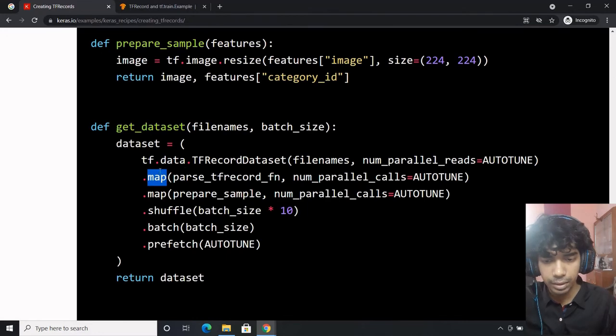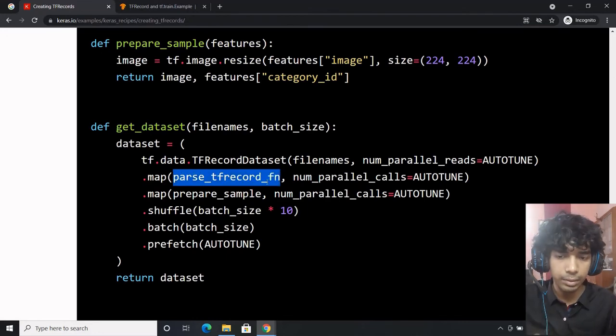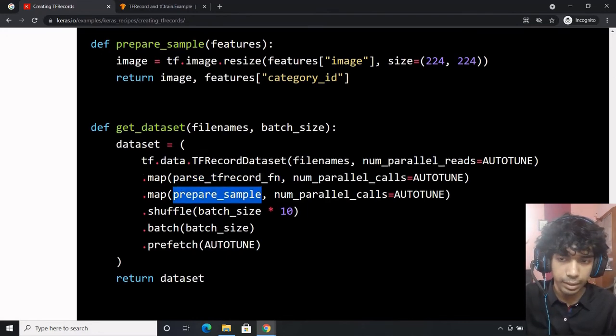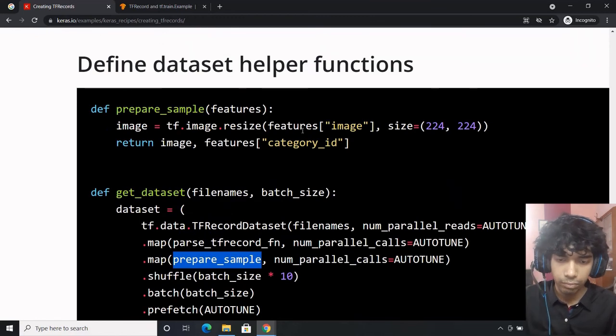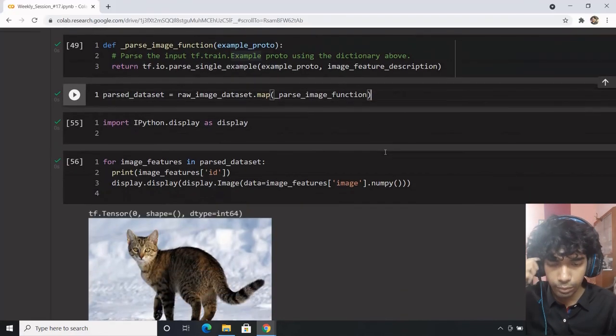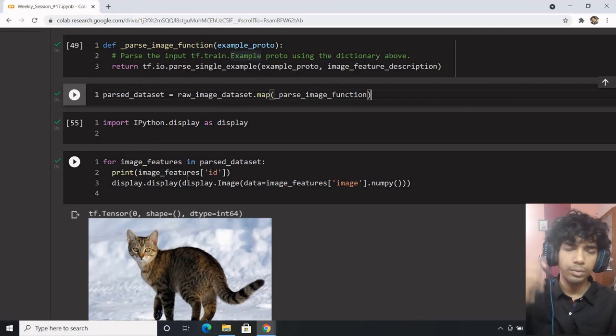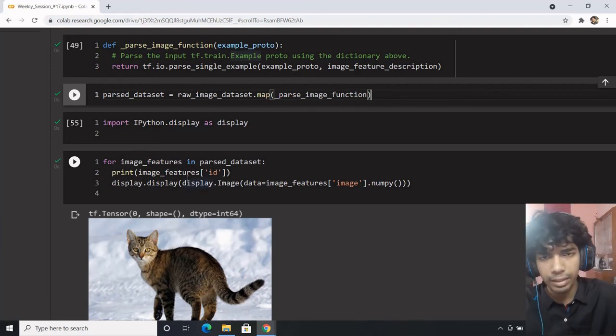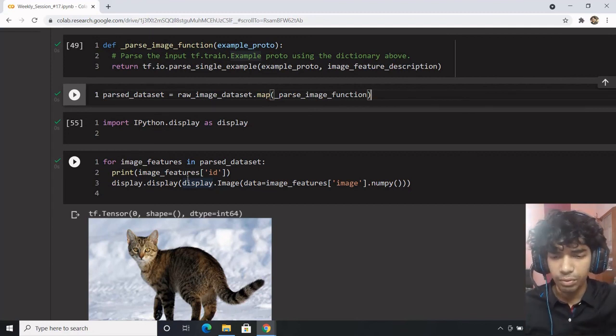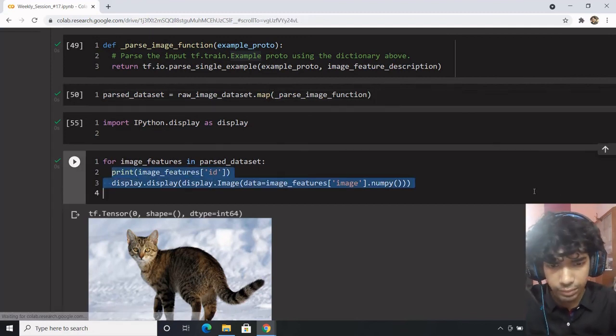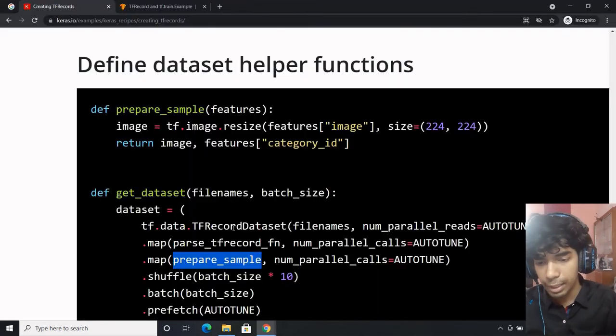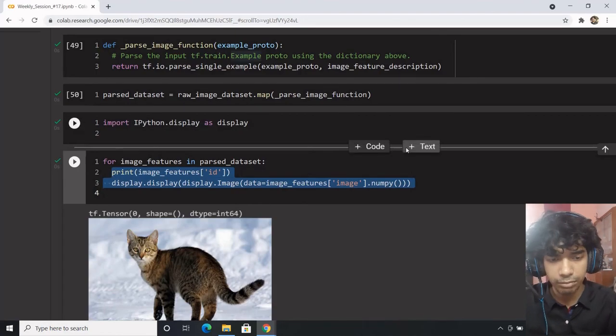So for every example, you would parse the example. After parsing it, prepare a dataset. So what exactly is preparing a dataset? I don't want everything else. I don't need height, width. Those might be provided with the dataset as metadata. But in reality, while model training, you don't need height, width, those kinds of features, right? So what you're going to do is prepare the data. This is what I was doing as data preparation. So make a sample of it, make another function of it.